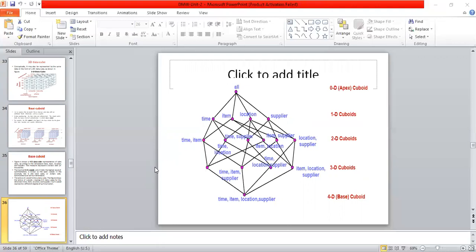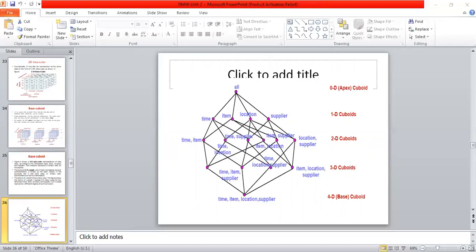In the diagram, see here, the lattice of cuboids forms a data cube, right? The figure shows the lattice of 4D data cubes, right? So the dimensions are time, item, location, and supplier. So these are the 4D, the base cuboid.